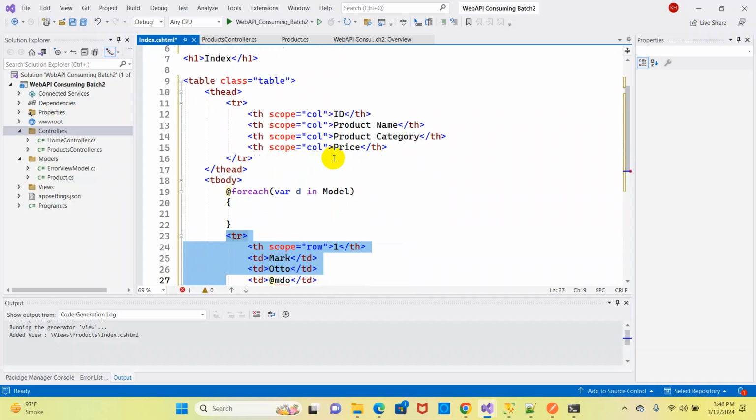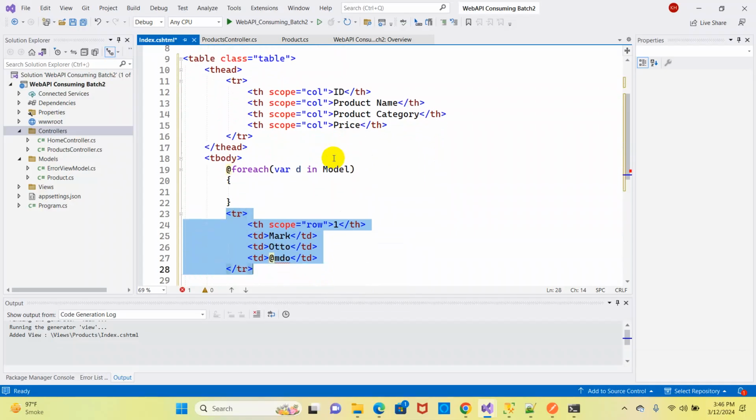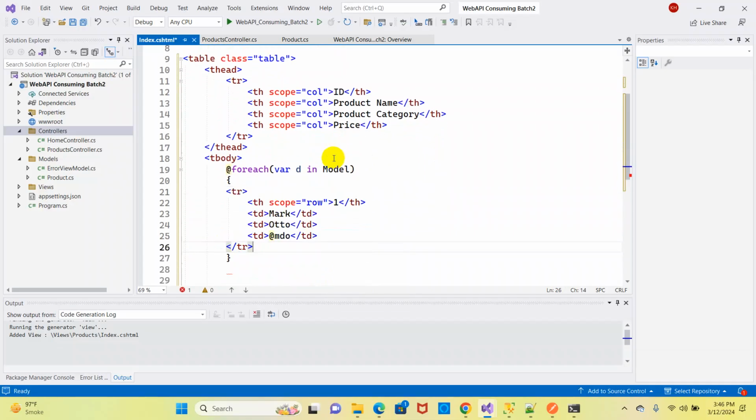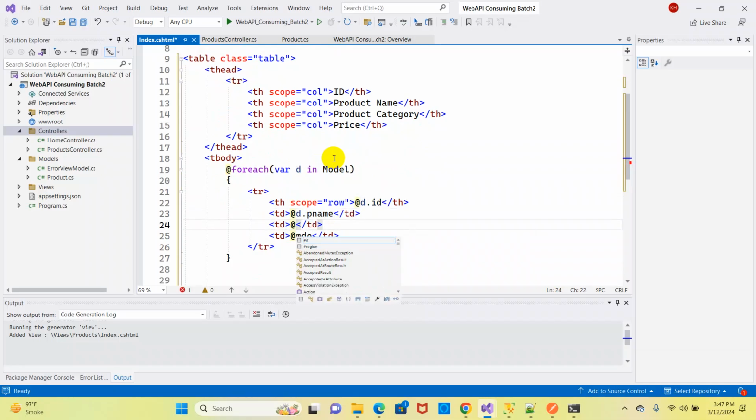Just put this tr inside the foreach, correct, and here we will retrieve the records: d dot id, at the d dot name, and one more, that is,